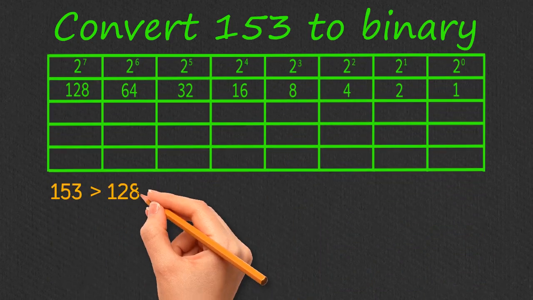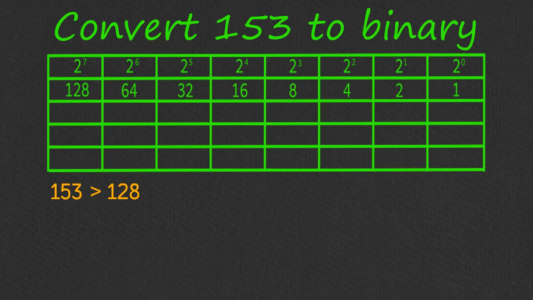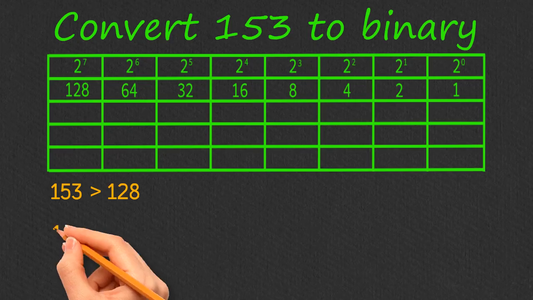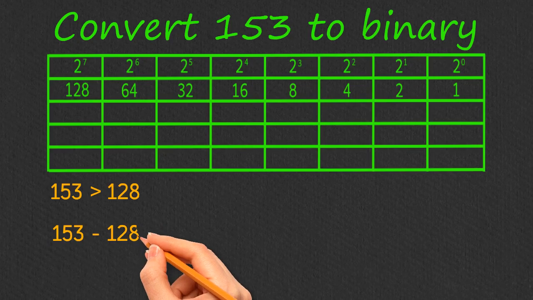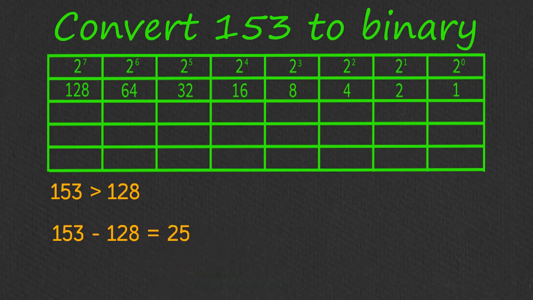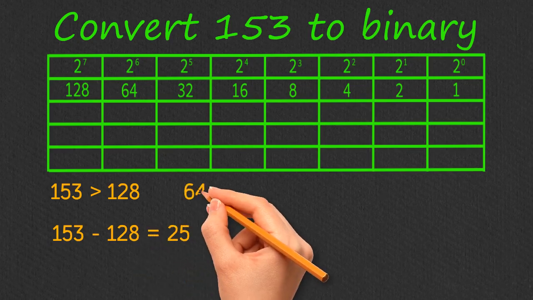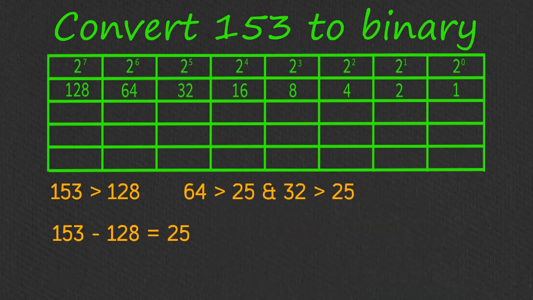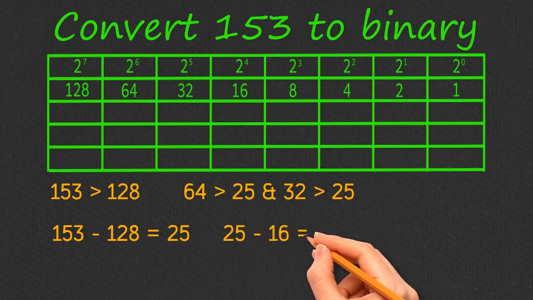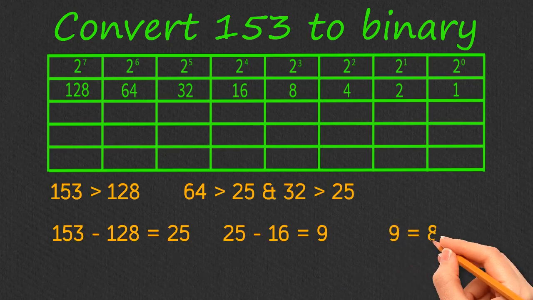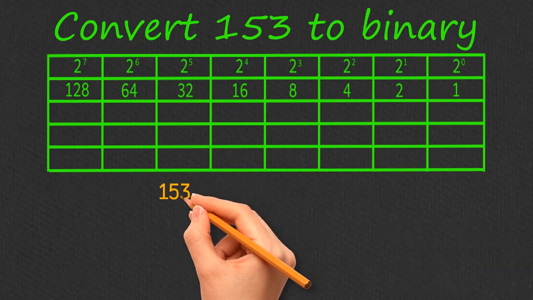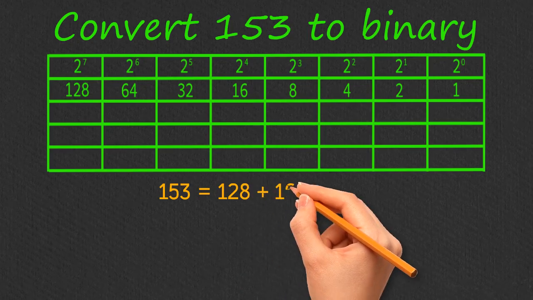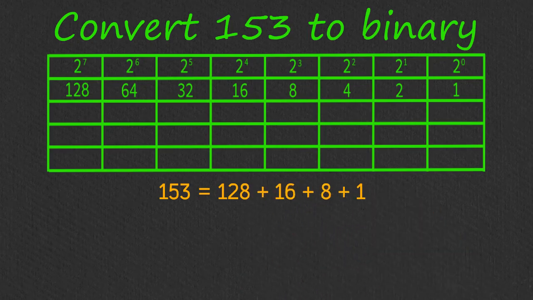153 is bigger than 128, so we can use up this place value to build up 153. 153 take away 128 is 25. Looking at our place value table, 64 and 32 are too big to build up 25. So the next place value we could use is 16. 25 take away 16 is 9. Now, 9 is equal to 8 plus 1. So, 153 is equal to 128 plus 16 plus 8 plus 1. Placing these into the binary place value table, we get: